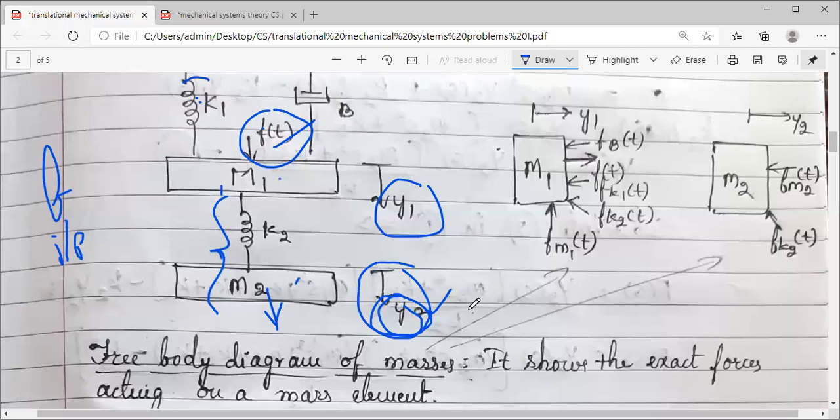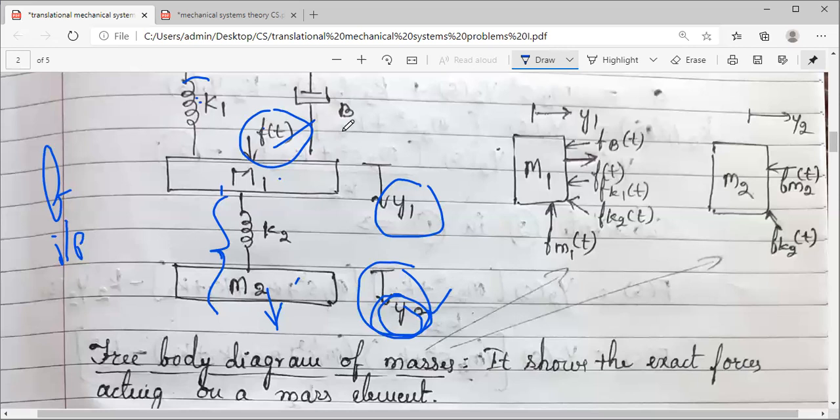So here also we will be doing the same thing. As there are 5 different elements interconnected in this system, we will be writing the equations first. For every element there is an equation, as you already know. The 3 elements of a translational mechanical system are the same here: mass, spring and damper. So we will write the equations for them, then we will apply the Laplace transform, and then go for the ratio and find the transfer function.